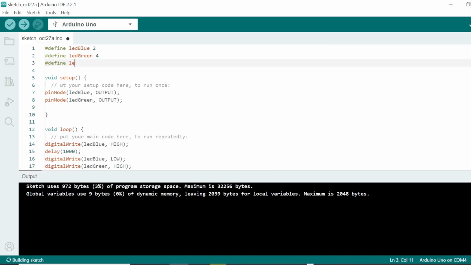Back to the code, we create a define, button speed up, with value 6.